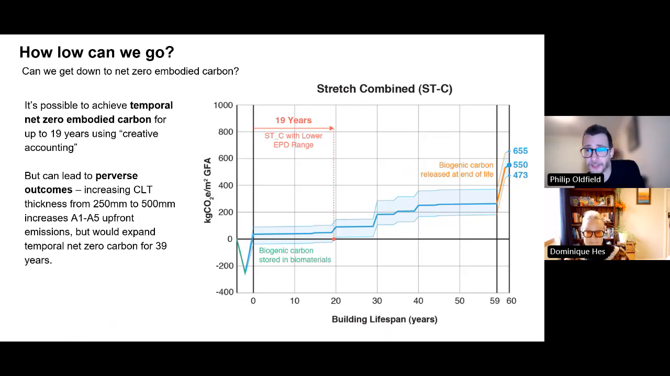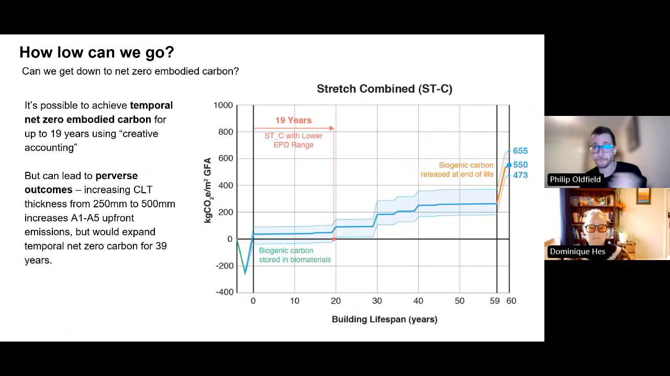And our concern was, well, why don't you just throw some more timber at it? What happens? The building was designed with a 250 mil glulam slab, CLT slab. If we doubled that to 500 mil, totally structurally unnecessary, the building's emissions would actually go down. So you end up with this very perverse scenario where you're adding materials into a building and the emissions